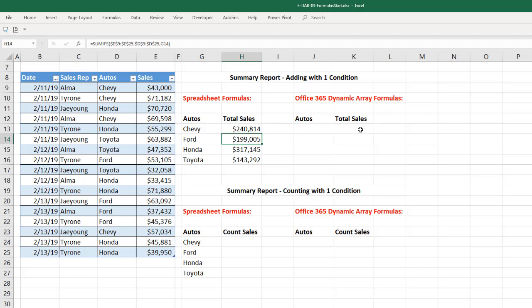Because you're not going to believe how easy it is compared to these old school formulas. Now, another thing about this solution, we had to know what all the names of the autos were, and we actually typed these in the cell, not with dynamic arrays. The first thing we do for a report like this